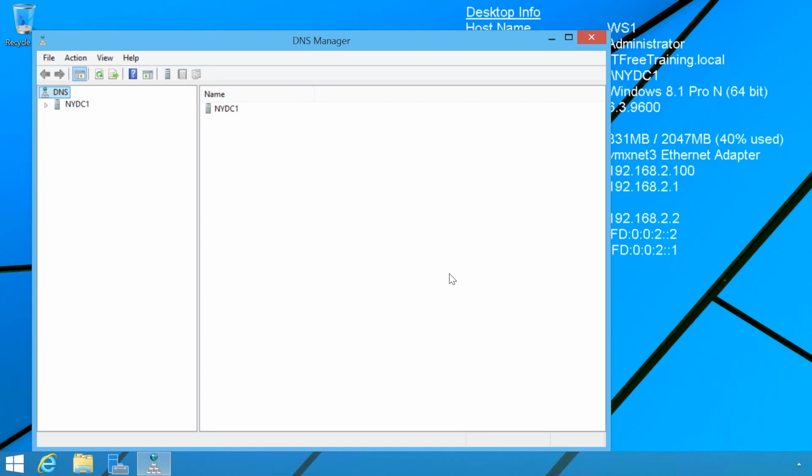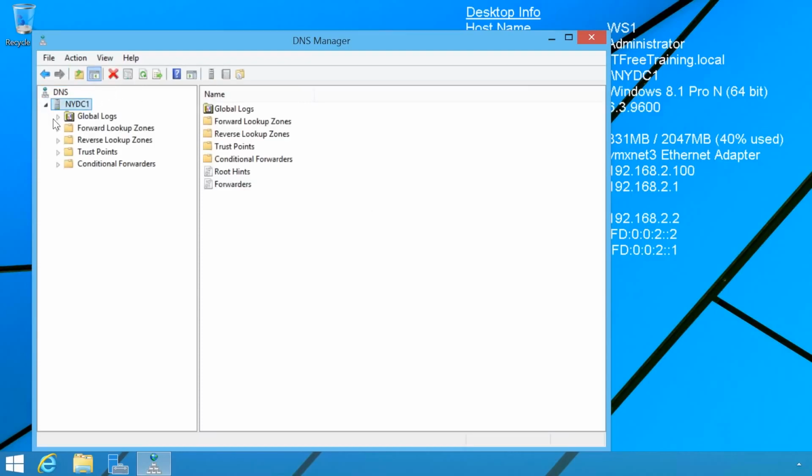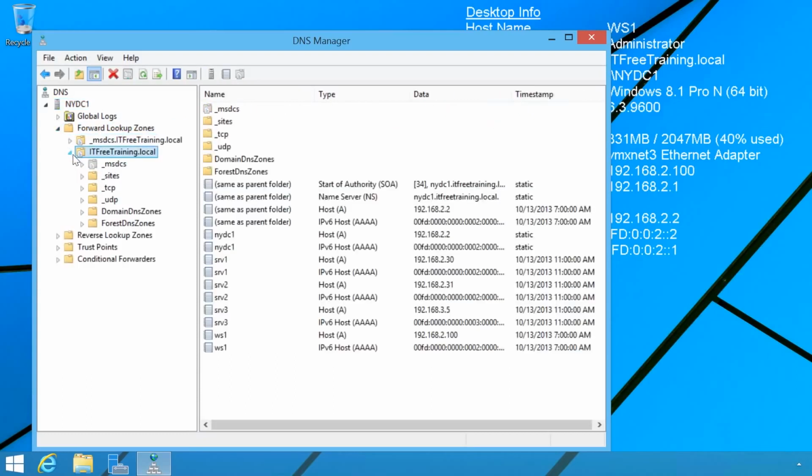Since I will be creating multiple DNS records for the same DNS name which will point to other servers, it would make sense to create CNAME or alias records. By creating a CNAME record, this will automatically change if the server's IP address were to change later on. However, notice that if I right-click on the zone